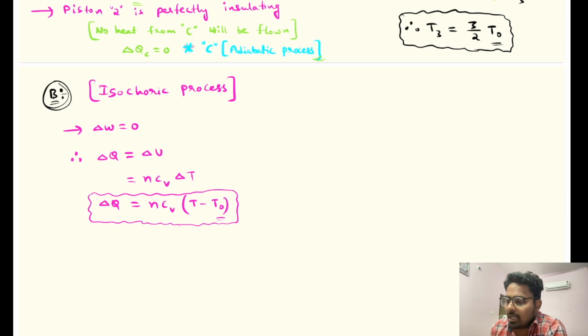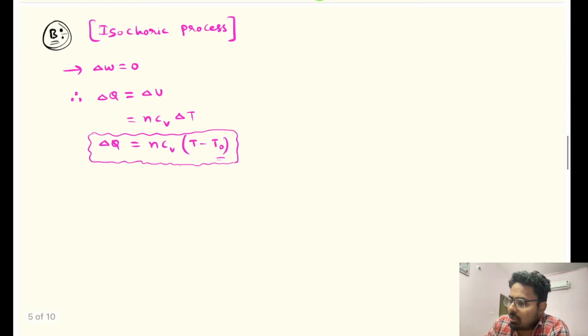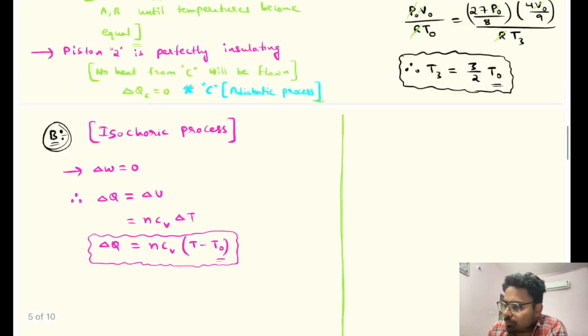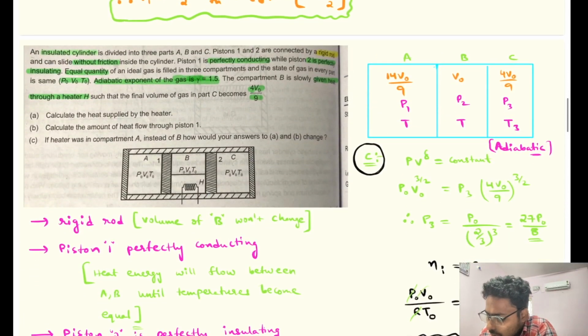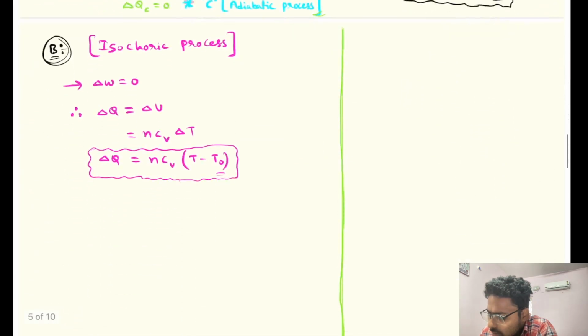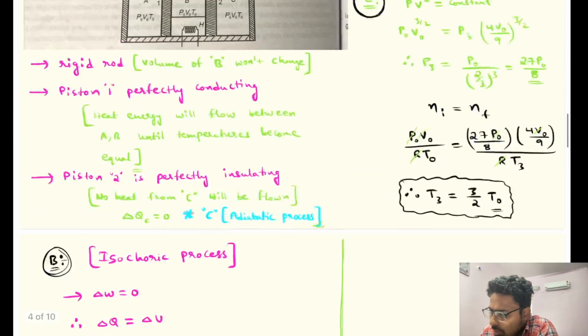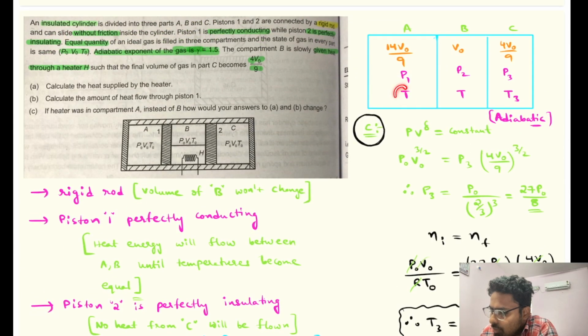Obviously, from where would this energy have come? Let us try to analyze compartment A also parallelly. So we are able to find this delta Q. Now in compartment 1, can we conclude any other things? Then the same amount of energy will be flowing over there. I know delta U, delta Q, delta W, but from there can I find anything? No,